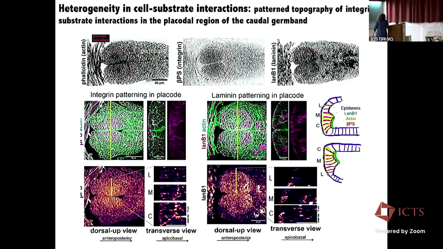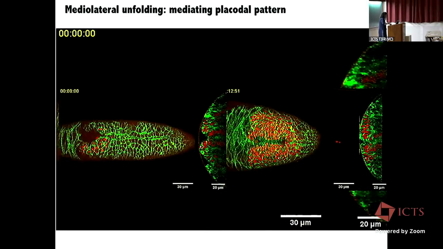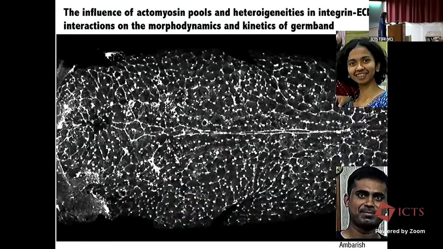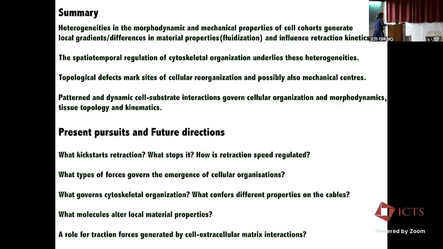And I will just end by saying that future work focuses on how actomyosin pools and heterogeneities in integrin-ECM interaction influence the morphodynamics and kinetics of the germ band. I'll stop and take questions. So what I've basically told you is that germ band retraction is not a single cell